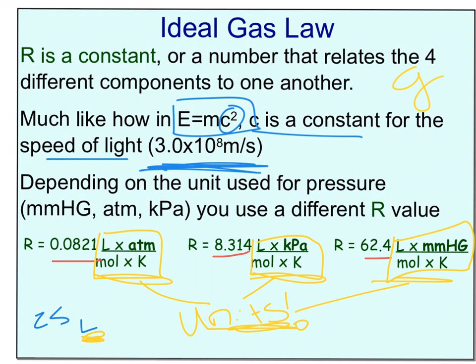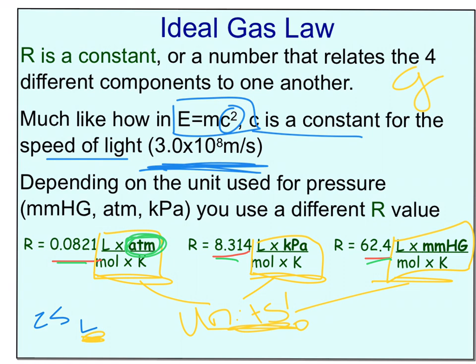But why don't you take a second and guess? Let's say I'm doing an ideal gas law problem, and I'm deciding to measure my pressure in atmospheres. Answer in your head really quick. Do you think I would use the first number, second number, or the third number? Hopefully you answered in your head that you would use the first number, because if you notice within that unit